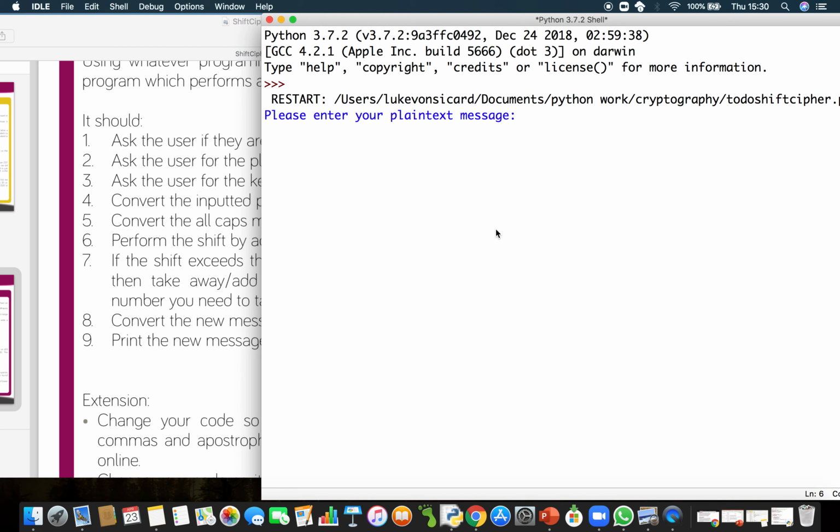So here's mine running. I am going to do encryption, so it's asked me for my plain text. I'm going to type in hello world. It's asked me for my key, so my key is going to just be 3. So it said that H is the equivalent of 72. So the ASCII character of capital H has a numerical value of 72. The ASCII capital E has a value of 69, and so on. Then it's added the number 3 and converted that back into